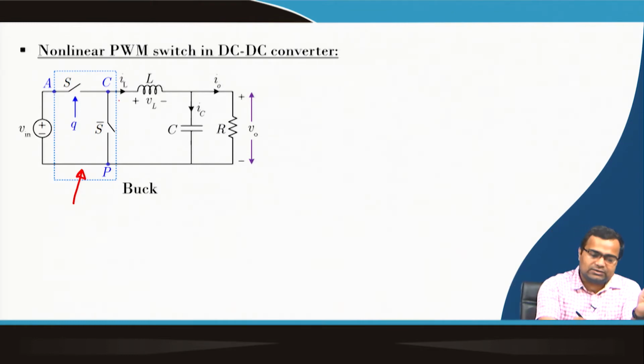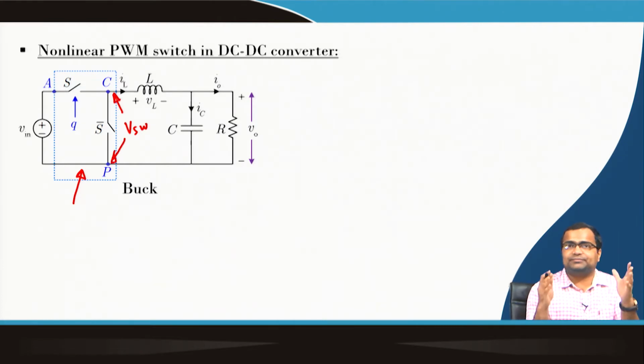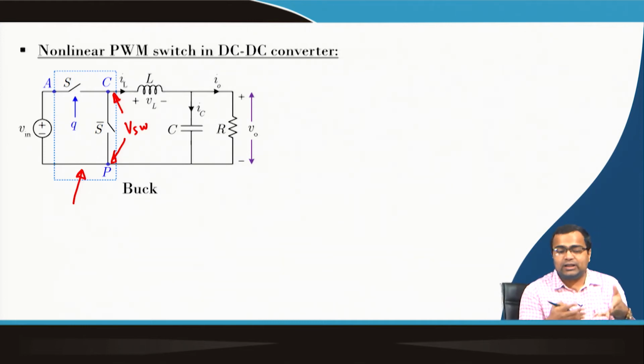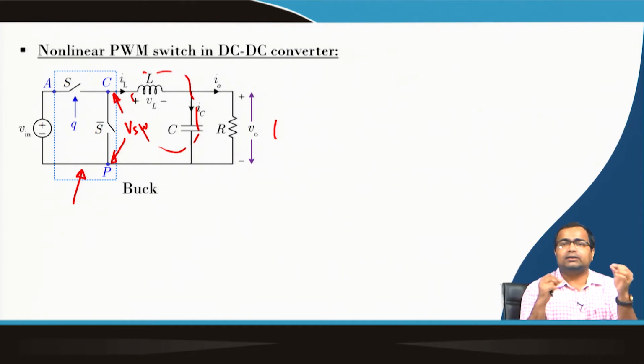Now, if we take the PWM switching converter, the block which is responsible, we call it the switch node voltage. This voltage changes like a pulse width modulated wave, and this will create an excitation for the RLC circuit. By controlling this switch node voltage, we can actually control the output voltage in the average sense, and it will also generate harmonic terms. And if we design this filter element properly, then the components associated with the harmonics and the switching component can be substantially reduced compared to the average value.